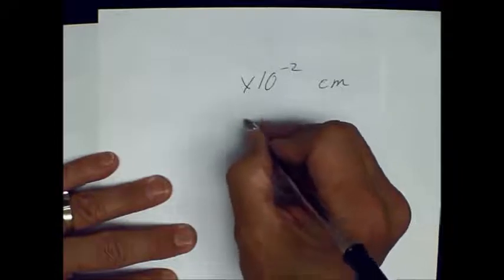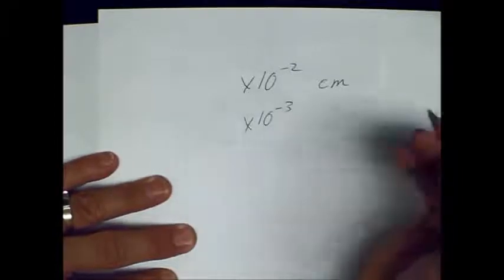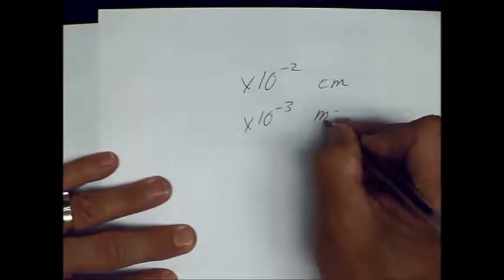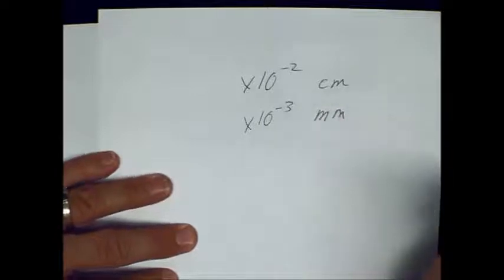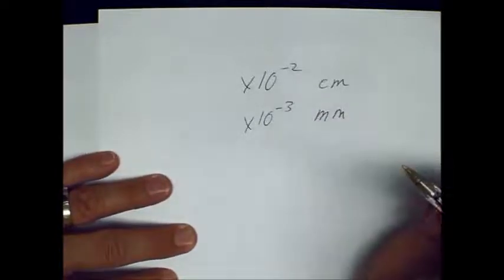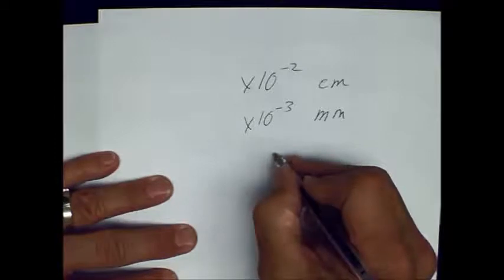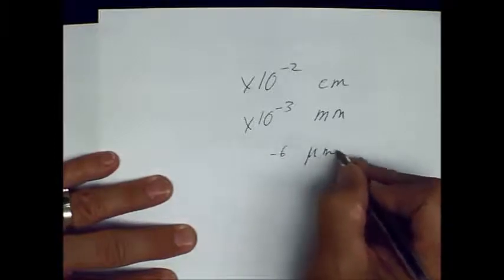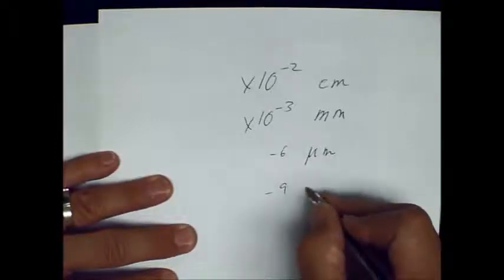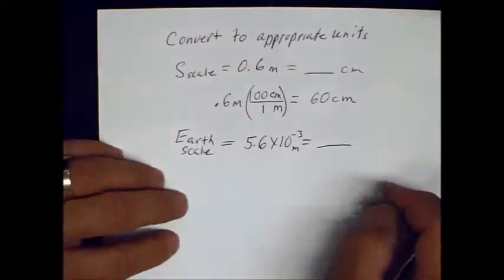We're talking about length here. And if you see something that's times 10 to the minus 3, you want to see millimeters. Those are really the appropriate units. So if you see exponents in this range, right? And there's also to the minus 6, which is micrometer, and minus 9. It goes on. Anyway, we want to see